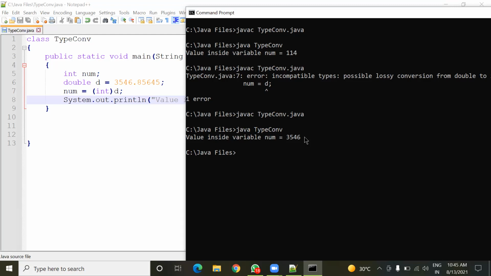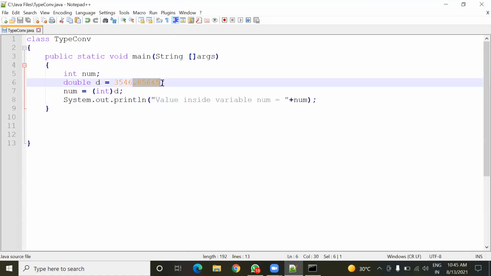So we should do this conversion carefully, because sometimes this value will be important in certain calculations. Here I'm showing this just for demo purposes, so no problem if it is lost here, but in certain programs this value will be of quite some importance.